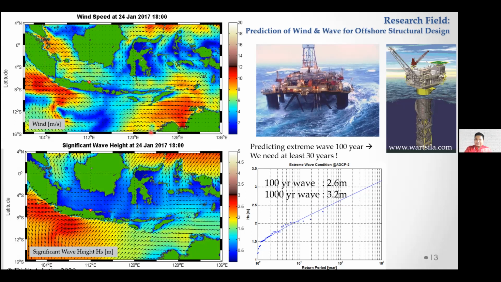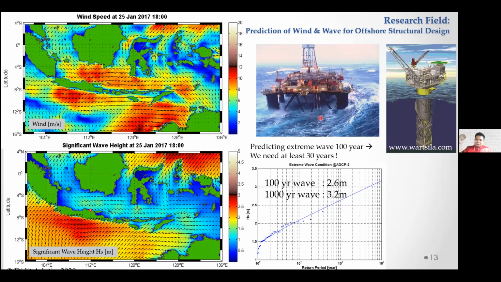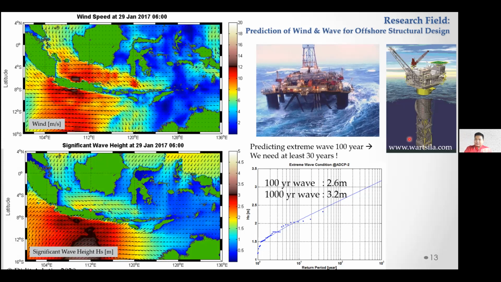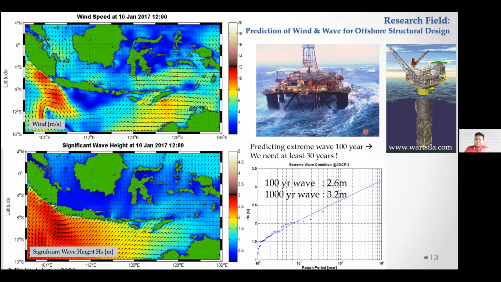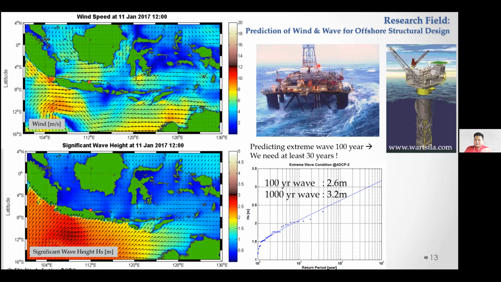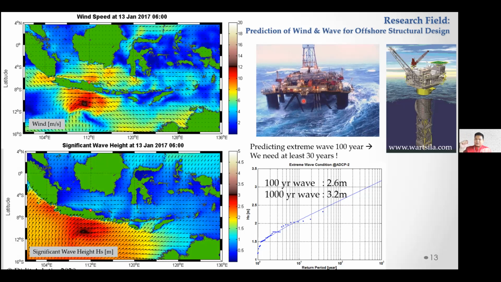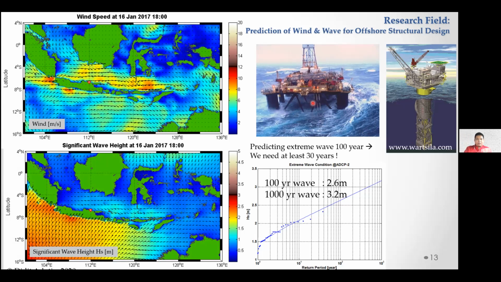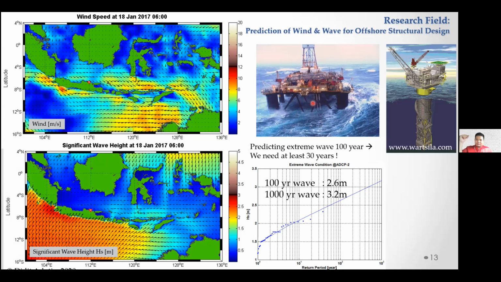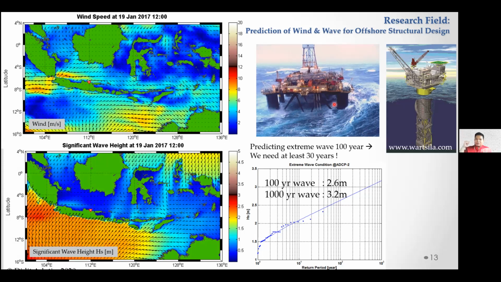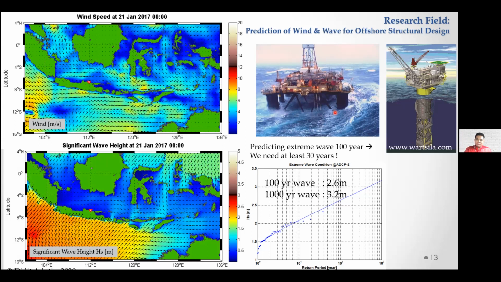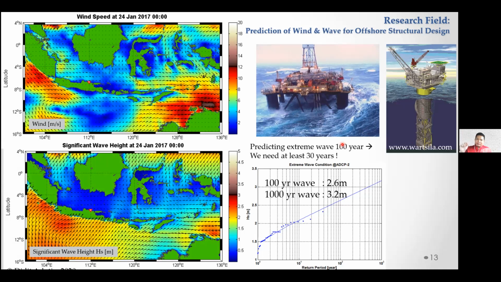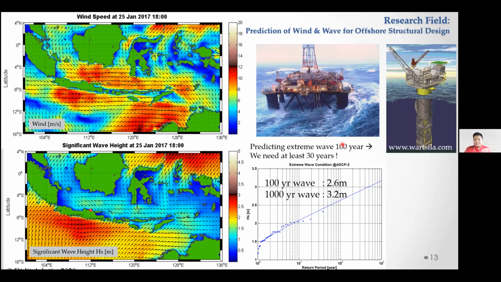If we would like to take oil or gas from the earth in the offshore, we need to build a structure like this, and this structure, of course, should withstand, let's say, 100 years. Therefore we need to guess what the extreme wave is that occurs once in 100 years. So we use statistics, of course,